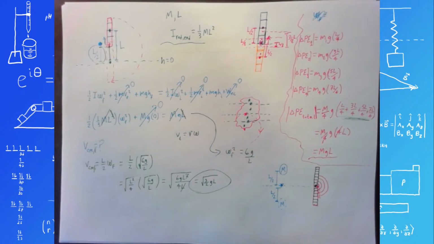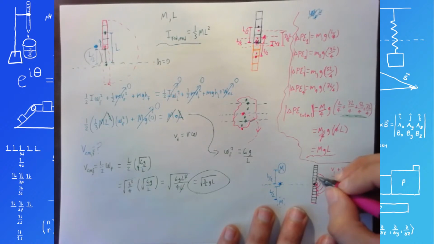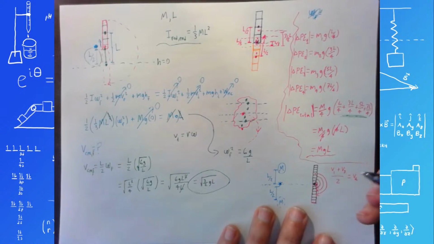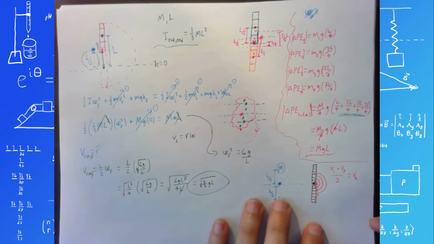And if you think about it, the velocity of each piece is proportional to its distance, so the average of those velocities, if you did v1 plus v7 over 2, that would just be equal to v4. v4 being piece number 4, the middle piece, right? The piece that would represent the center of mass. Whatever its final velocity is, you could say v1 plus v7 over 2 is v4, because